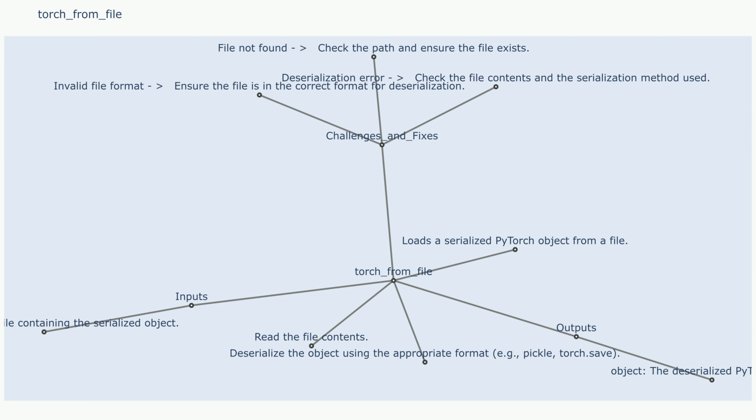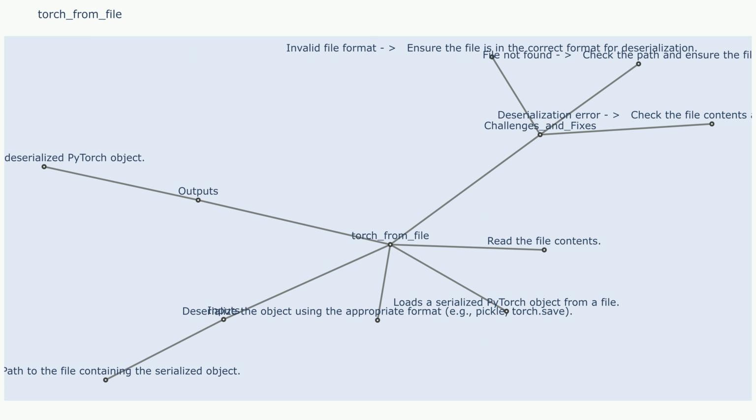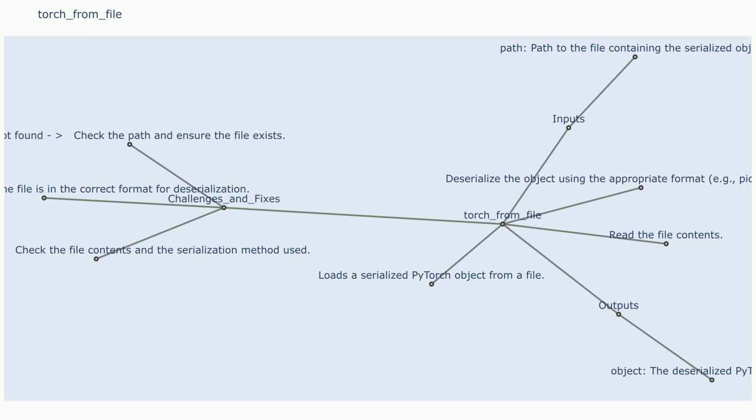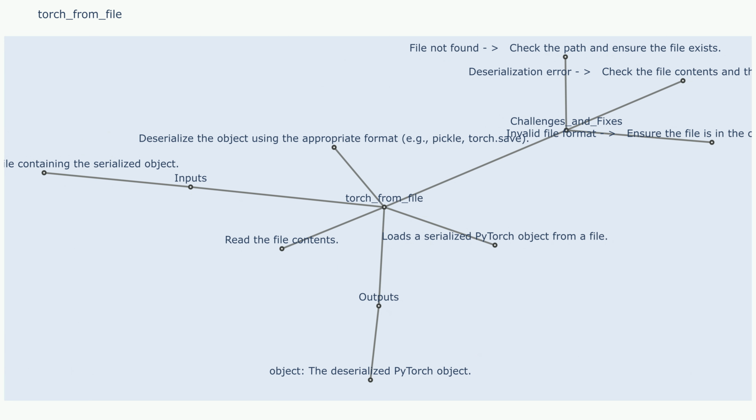Inputs. File path. This is the path to the file containing the raw data. It can be a local file path or a path to a file stored in a remote location. Dtype. This argument specifies the data type of the tensor to be created. By default, the data type is inferred from the file content. Size. This argument specifies the shape of the tensor to be created. It should match the shape of the data in the file.